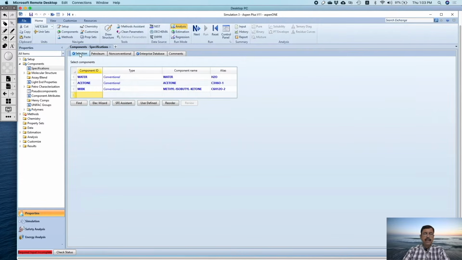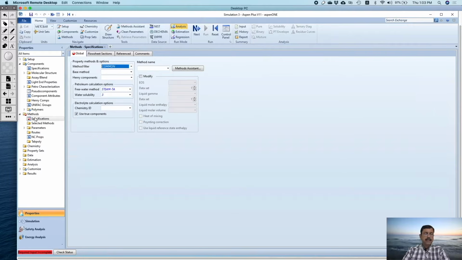Now, once the selection is done, you have to press next, and it will come at setting up of property method. So it is property methods and option. Now, when building a simulation, it is important to ensure that the properties of pure components and mixtures are being estimated appropriately. In fact, selecting the proper method for estimating properties is one of the most important steps that will affect the rest of the simulation. Therefore, it is important to carefully consider the choice of methods to estimate the different properties.